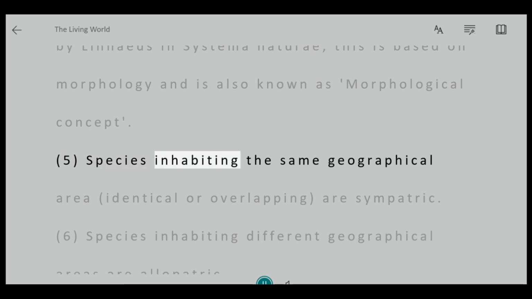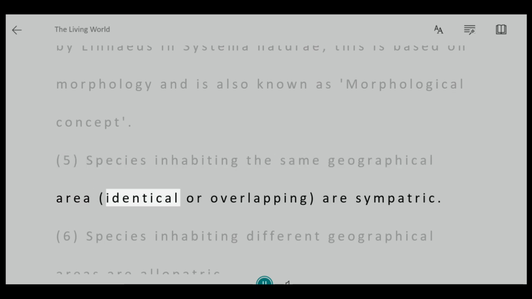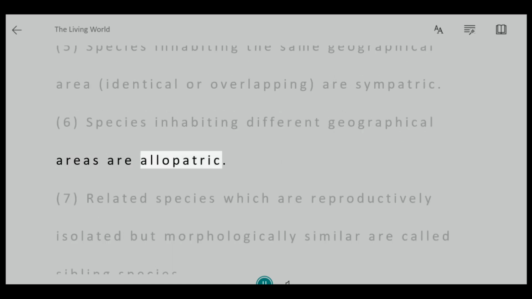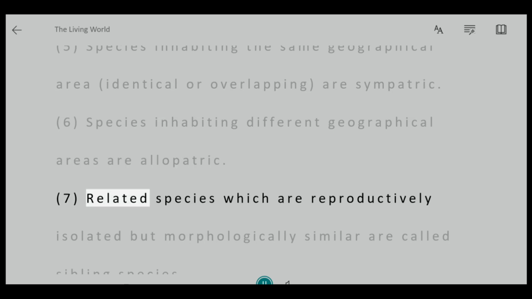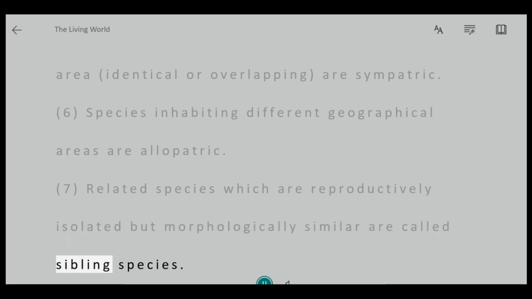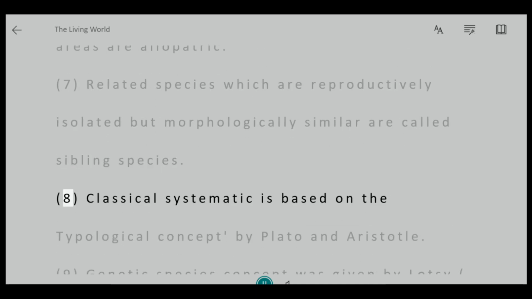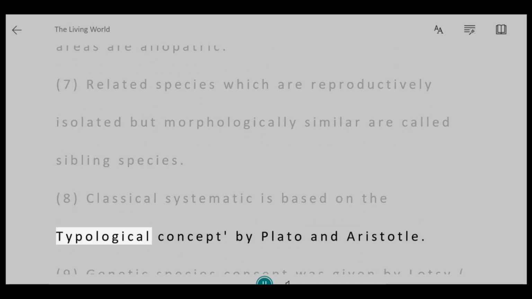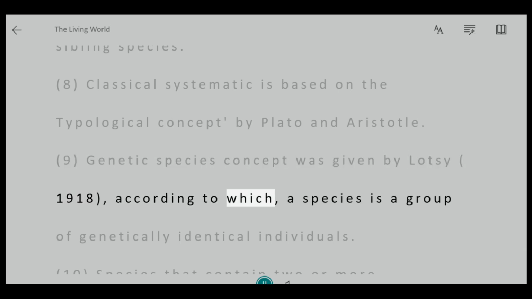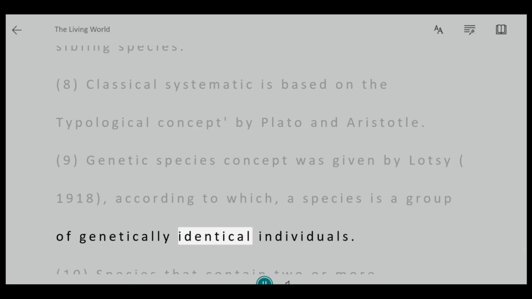5. Species inhabiting the same geographical area, identical or overlapping, are sympatric. 6. Species inhabiting different geographical areas are allopatric. 7. Related species which are reproductively isolated but morphologically similar are called sibling species. 8. Classical systematics is based on the typological concept by Plato and Aristotle. 9. The genetic species concept was given by Lotze, 1918, according to which a species is a group of genetically identical